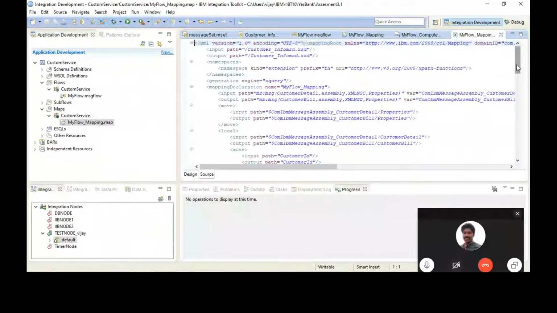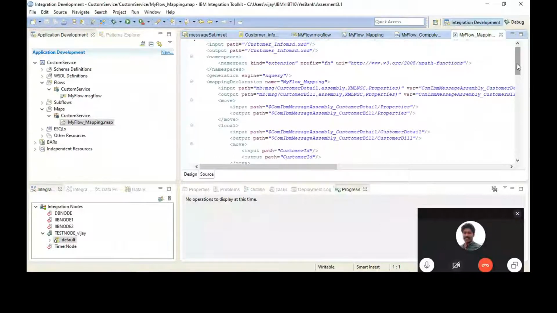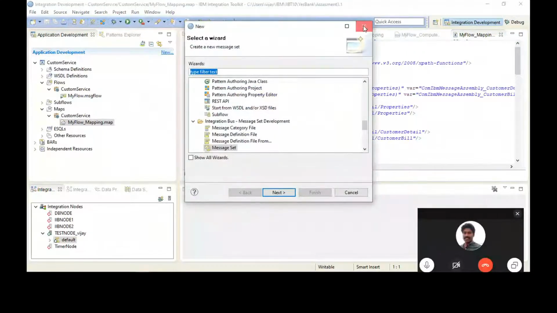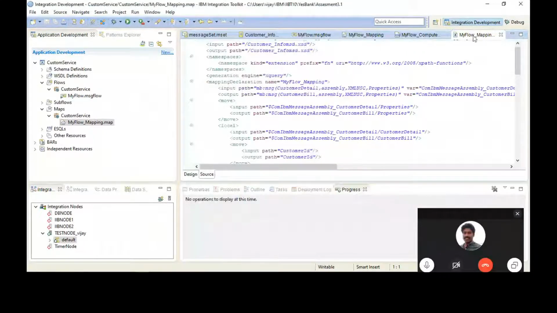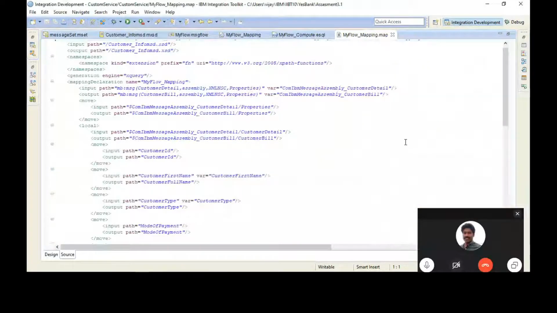So let's see what things are getting mapped to what. Click Control M, make it a full screen. Okay, now it's a full screen.